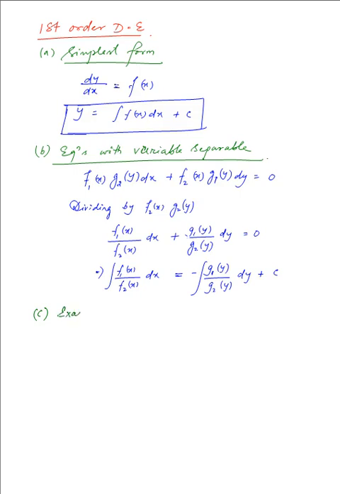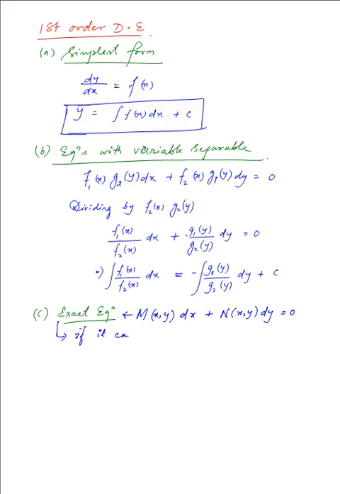If you remember the list on the previous page, an equation is said to be exact if it is written in the form M(x,y) multiplied by dx plus N(x,y) multiplied by dy equal to 0, and this equation will be an exact equation if